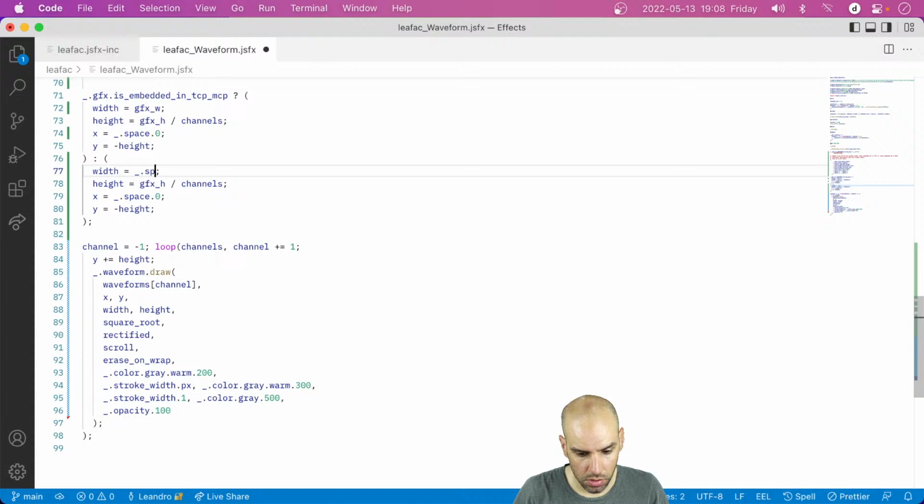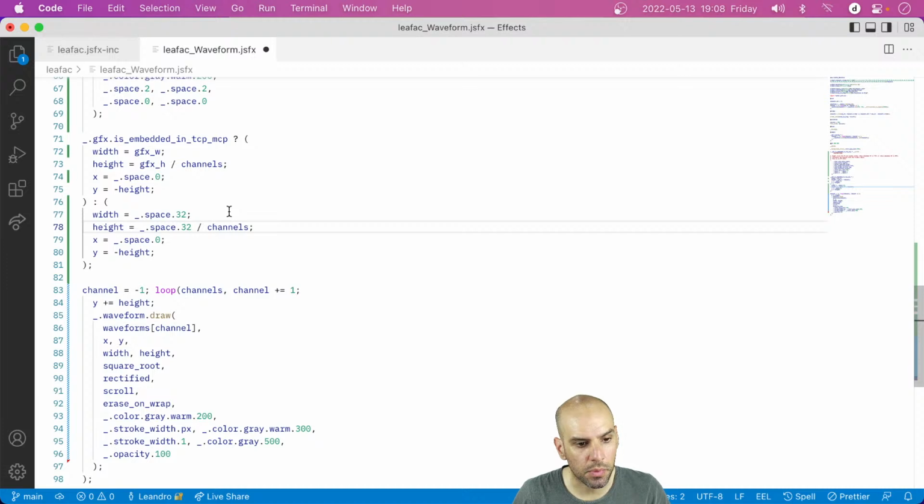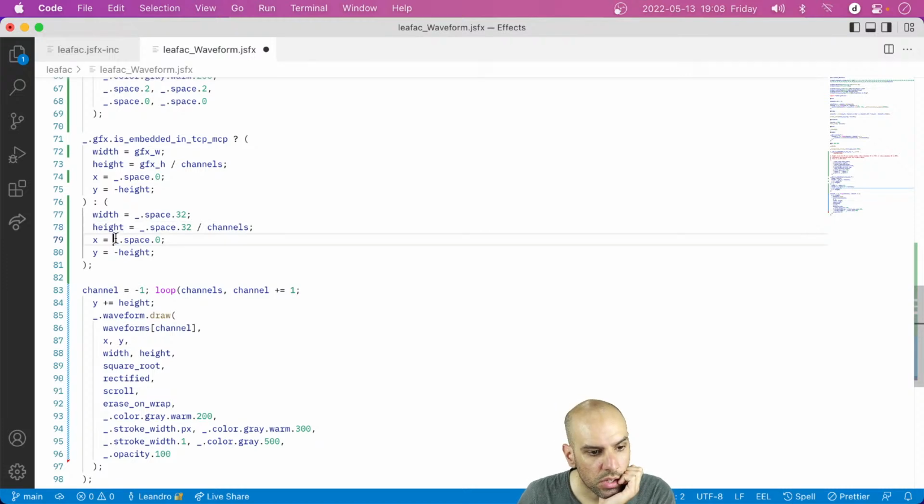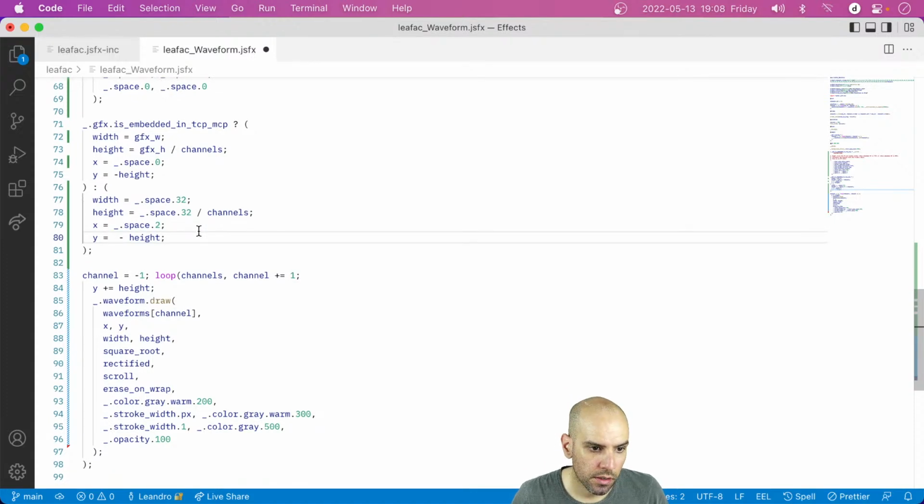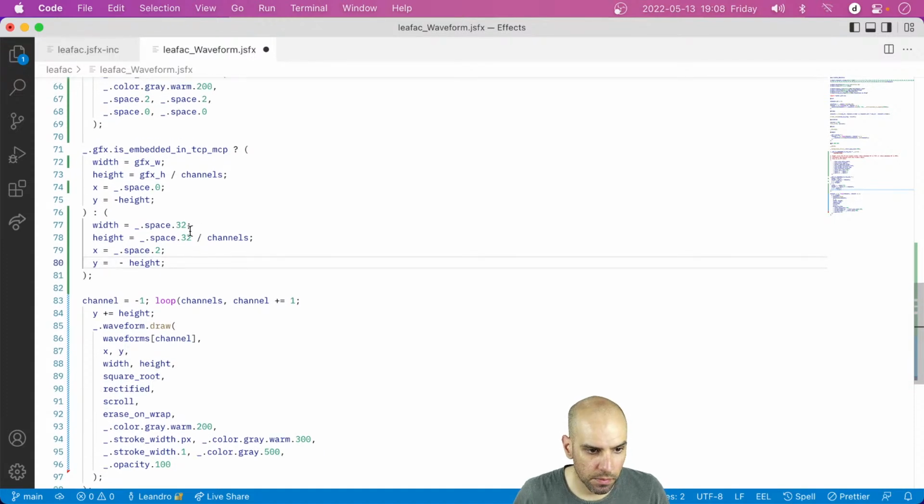So, and the height will be space 32 divided by the number of channels. The X can be this, and the initial Y can be